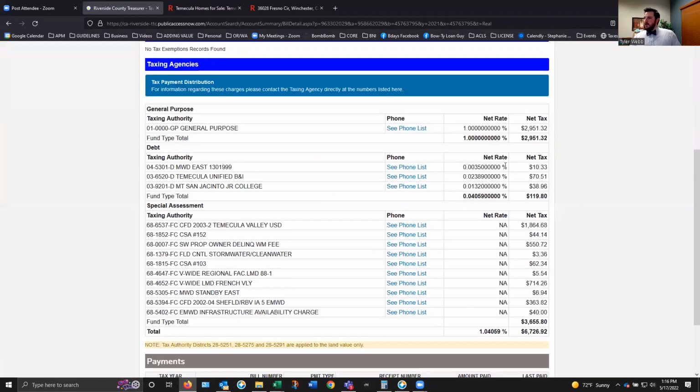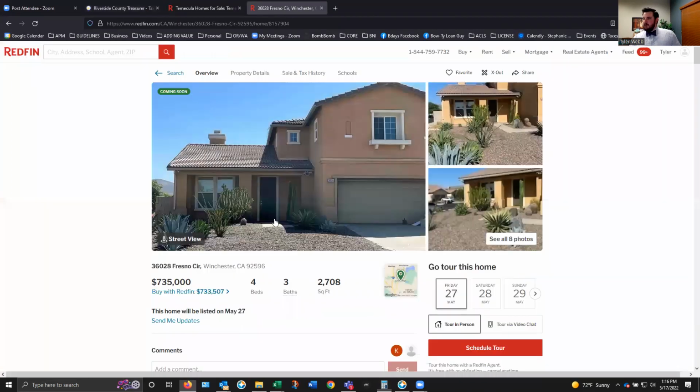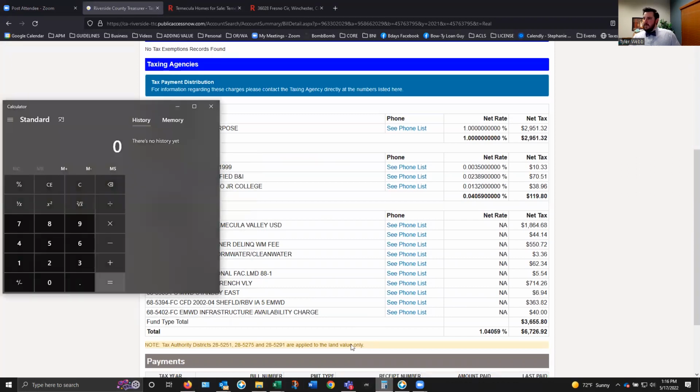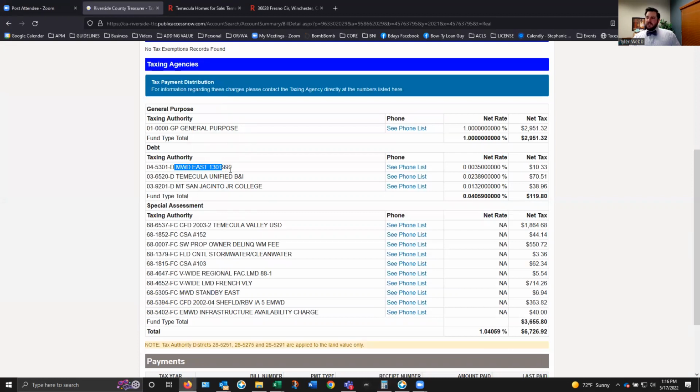Okay, so what we're going to do is take this base tax rate and these supplementals, and this is how we utilize these numbers here. So pull up your calculator. Now, purchase price of this home is going to be about $735,000. So what we're going to do is take this tax rate. This net tax rate factors in the 1% general purpose tax rate, as well as the Murrieta Water District East, Temecula Unified, and San Jacinto Junior College. All of these are factored into that